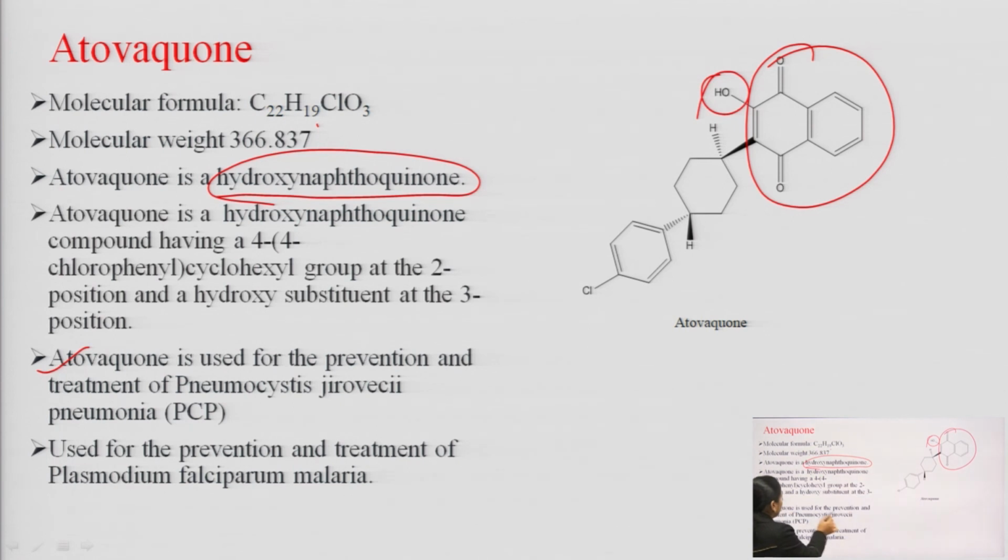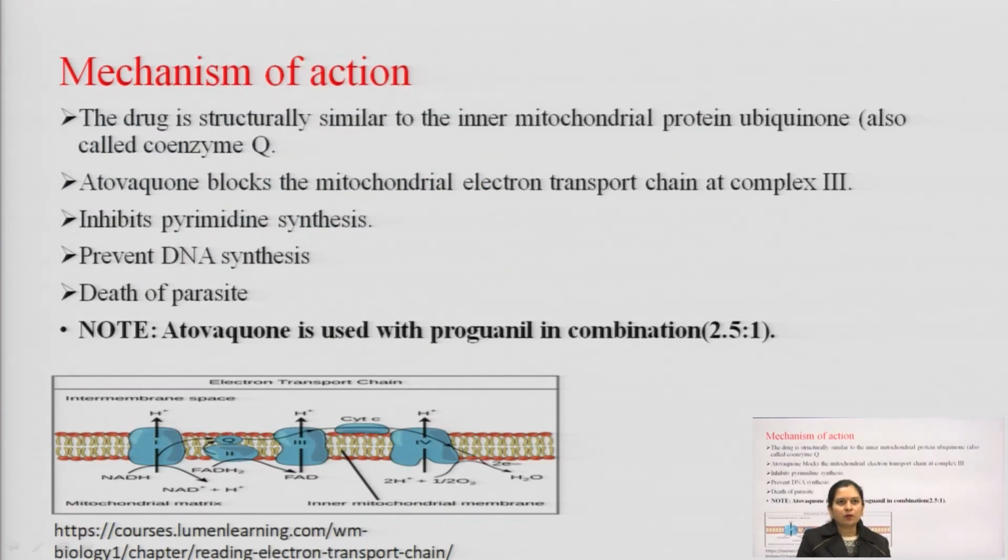It is used for the prevention and treatment of pneumonia, that is Pneumocystis jirovecii. It is also used for the prevention as well as the treatment of Plasmodium falciparum malaria. If we talk about the mechanism, in the electron transport chain there are many complexes: 1, 2, 3 and 4. This drug is very similar to this coenzyme and inhibits the